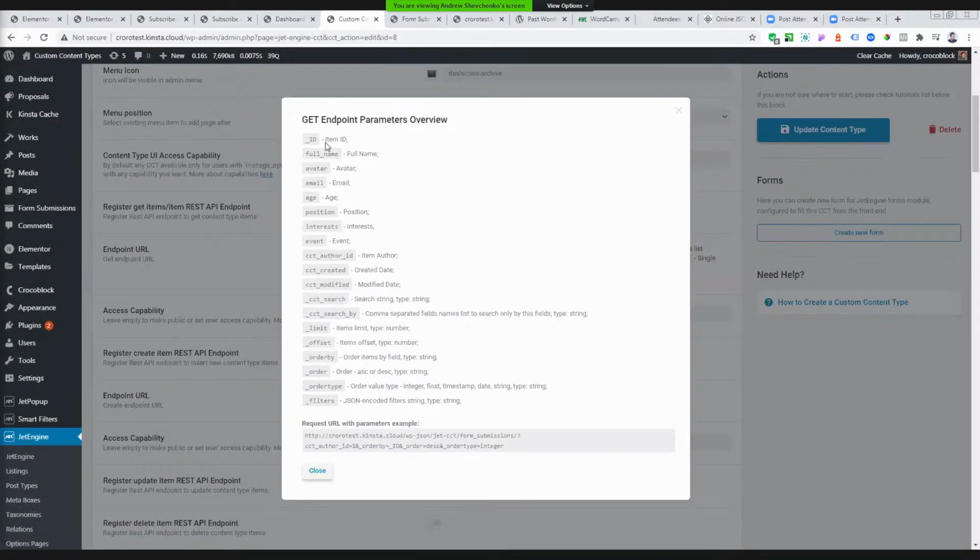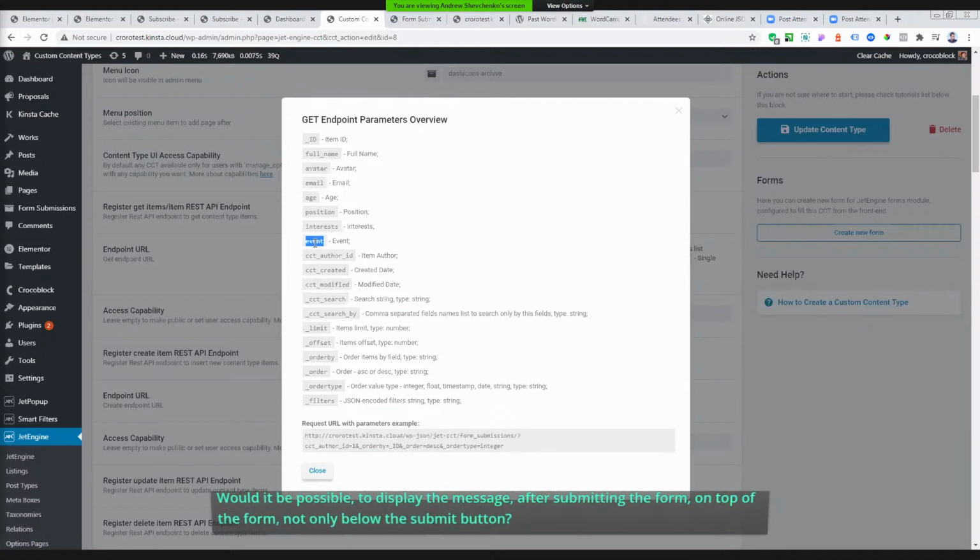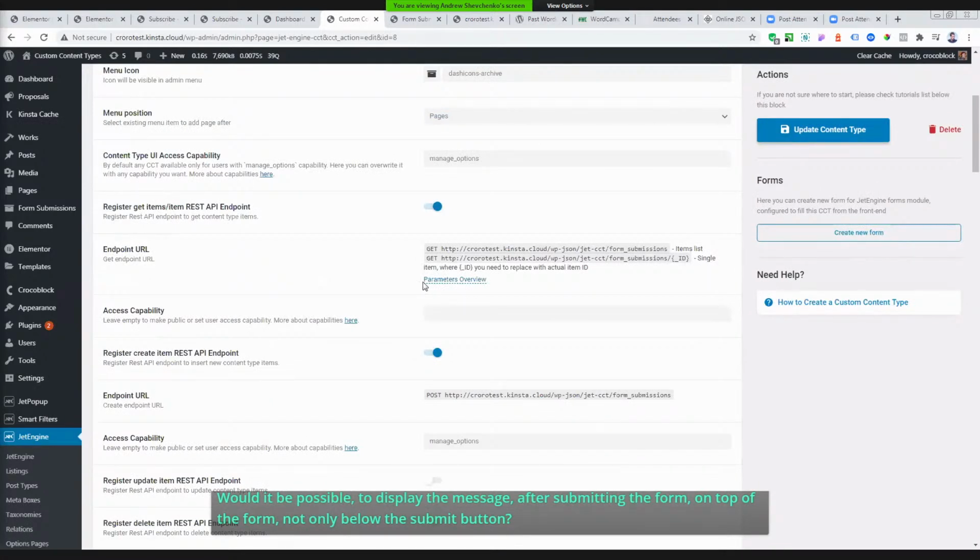And here we can see the list of all parameters available for this REST API endpoint. And for our case, we need to use the parameter event and query only users who have our test event in